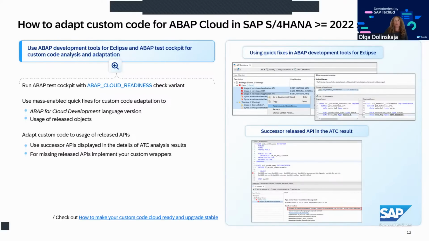You need to execute ABAP Cloud readiness checks with ATC. You will get a list of findings related to ABAP Cloud, and then you can adapt your code. We offer some quick fixes which are mass-enabled, so you can execute all quick fixes at once. These quick fixes support custom code adaptation in an automated way. You can adapt the code automatically for usage of ABAP for cloud development language version and to the released object